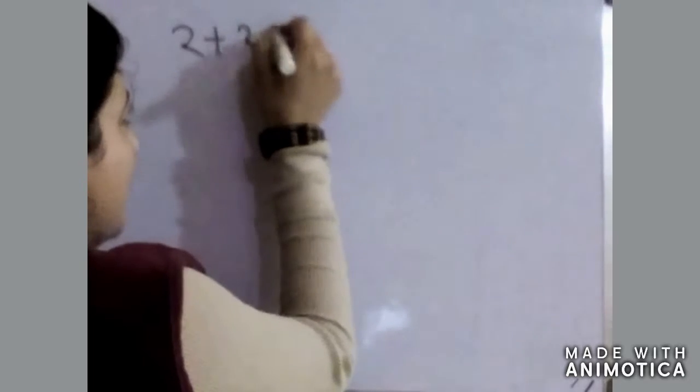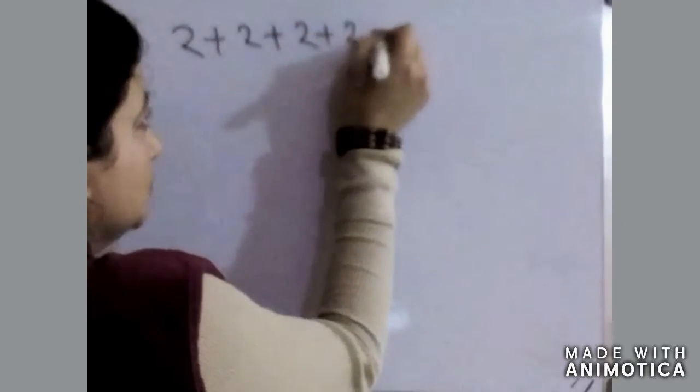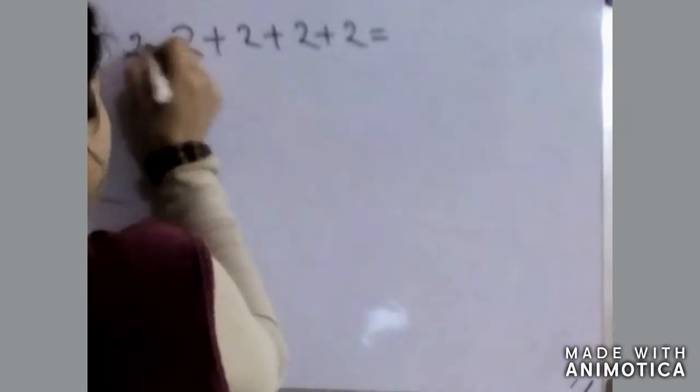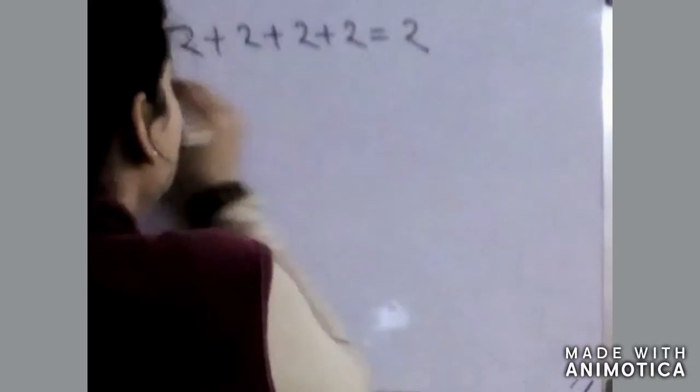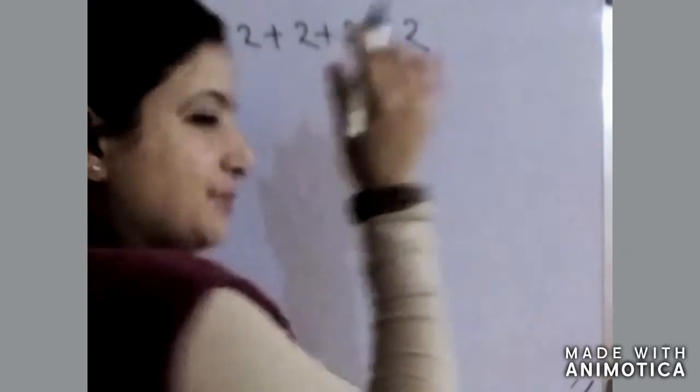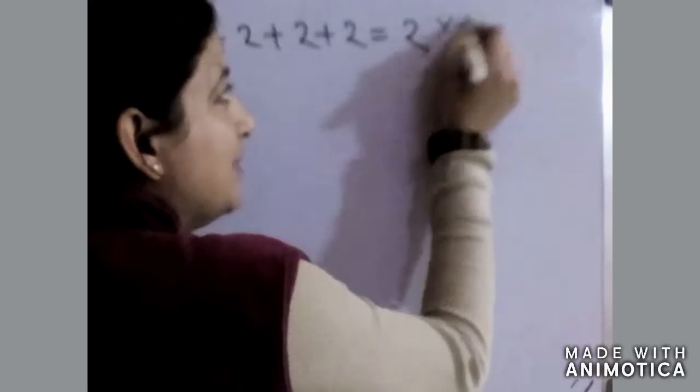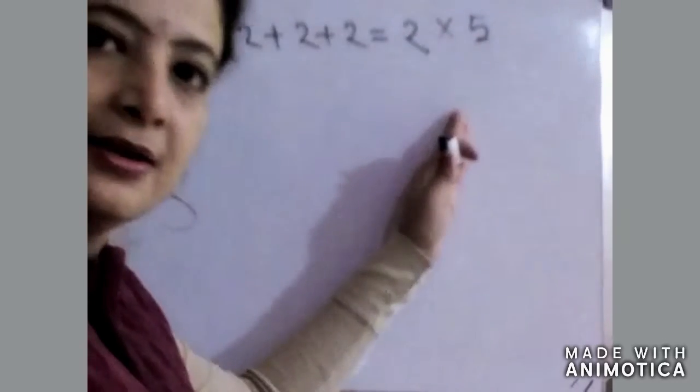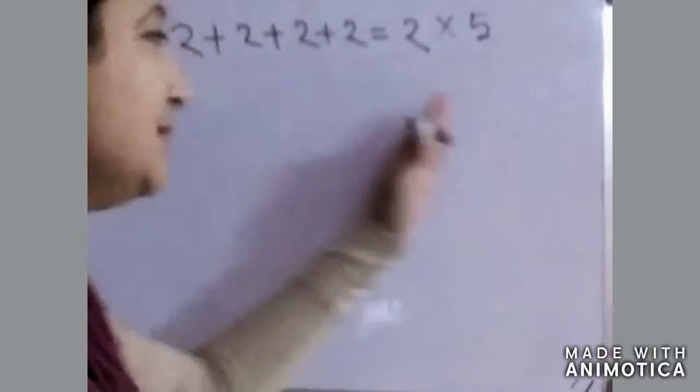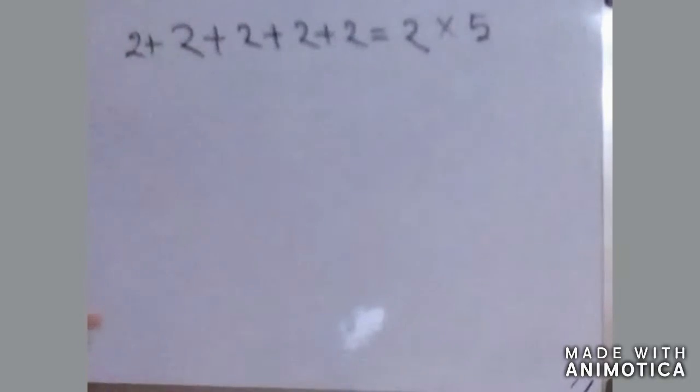2 plus 2 plus 2 plus 2 plus 2 plus 2, that's why we can write 2, 1 2 3 4 5 times adding. So 2 into 5. That means it's multiplication now. But in the case of